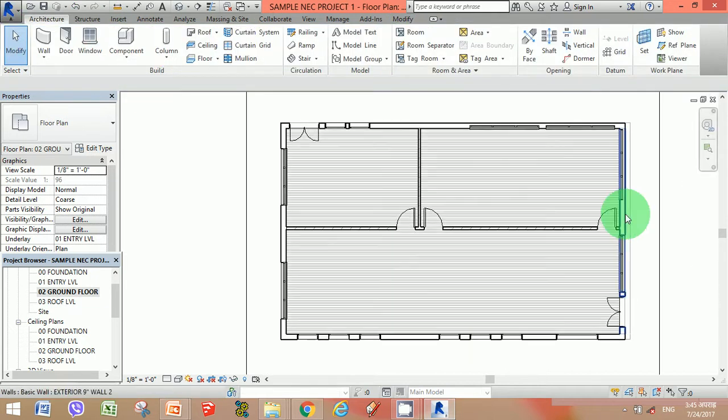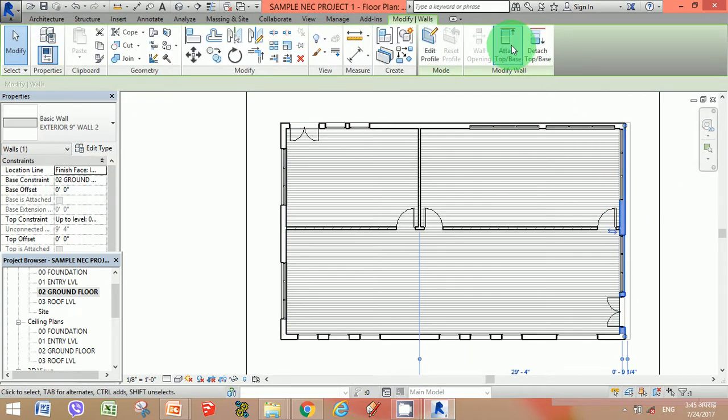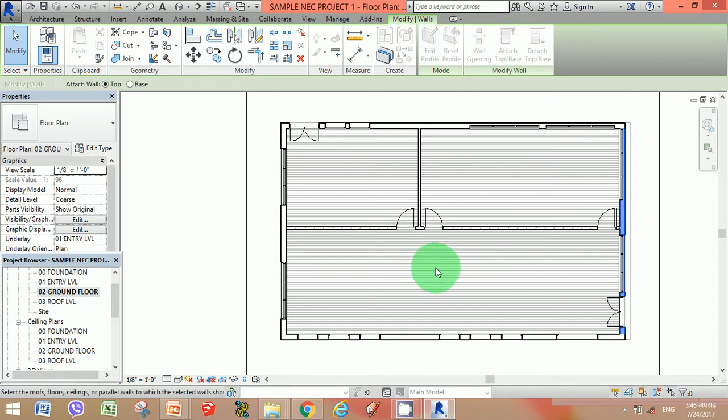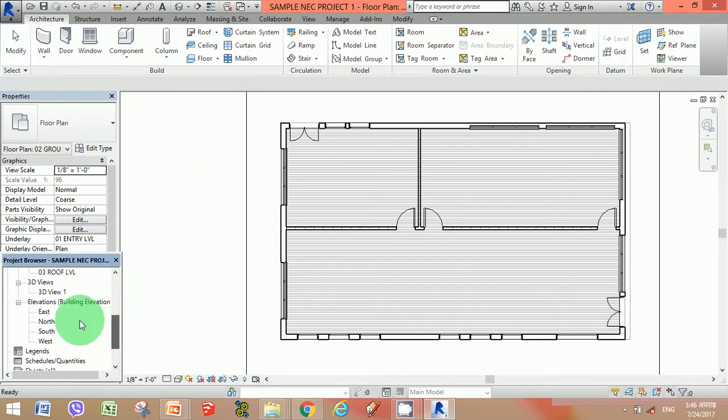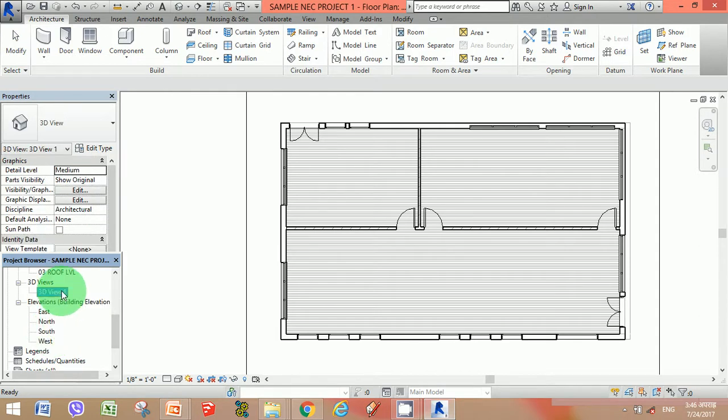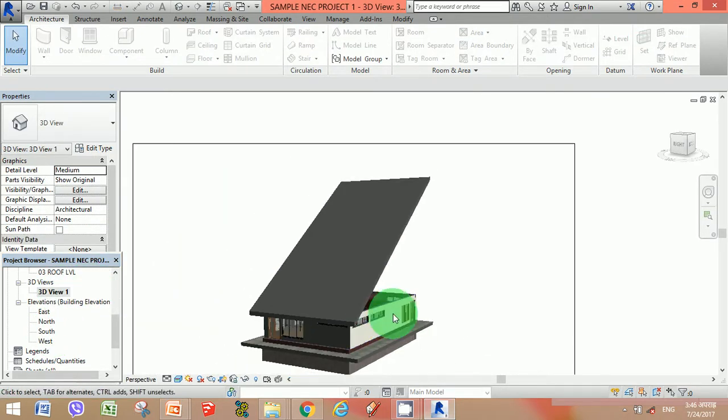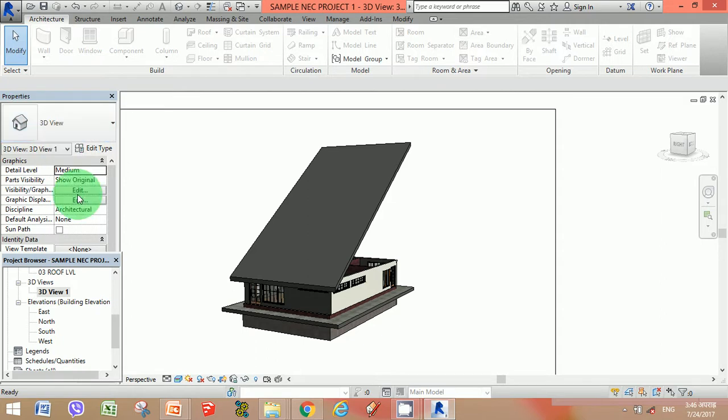Attach the walls accordingly, attach this wall as well. Once the walls have been attached to the top, we go back and check the 3D view.